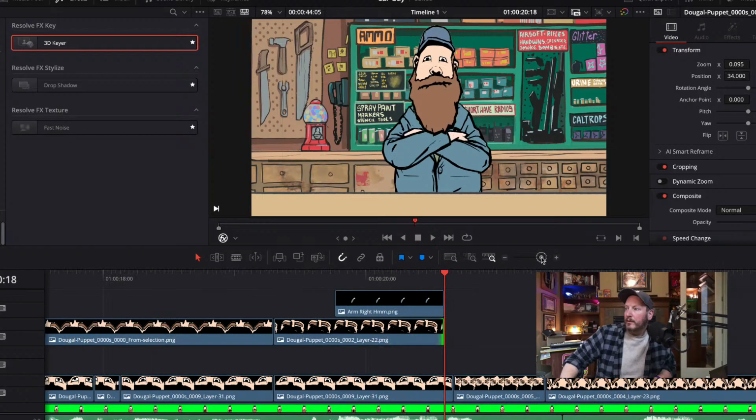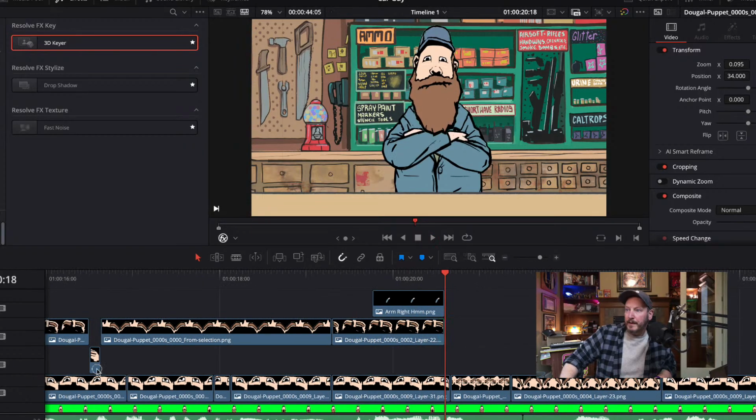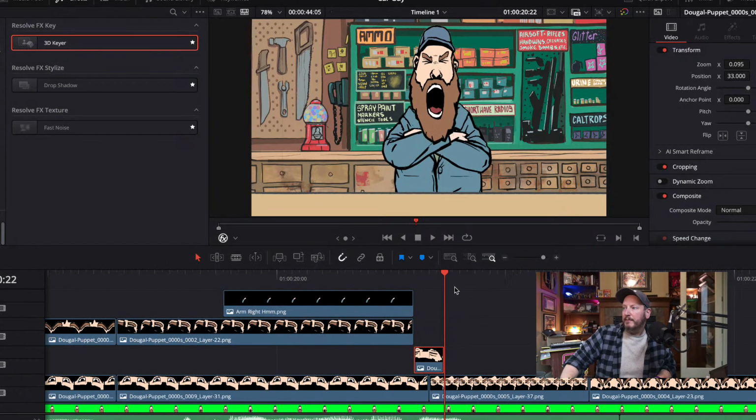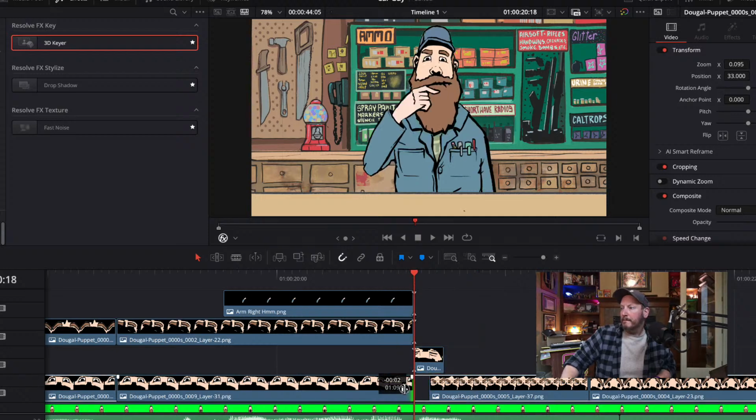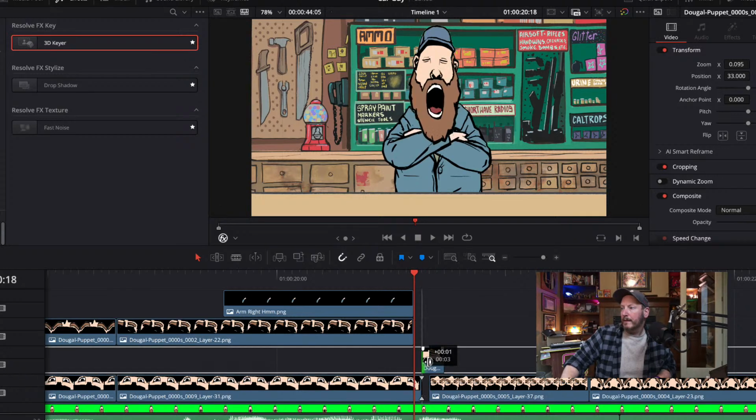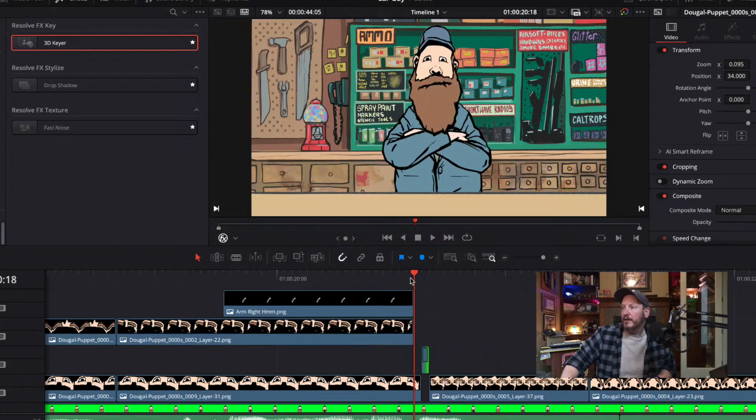Okay. That should be a blink in there. Because we have to transition between these two. That's such a hard transition. You have to do it. Bullshit.